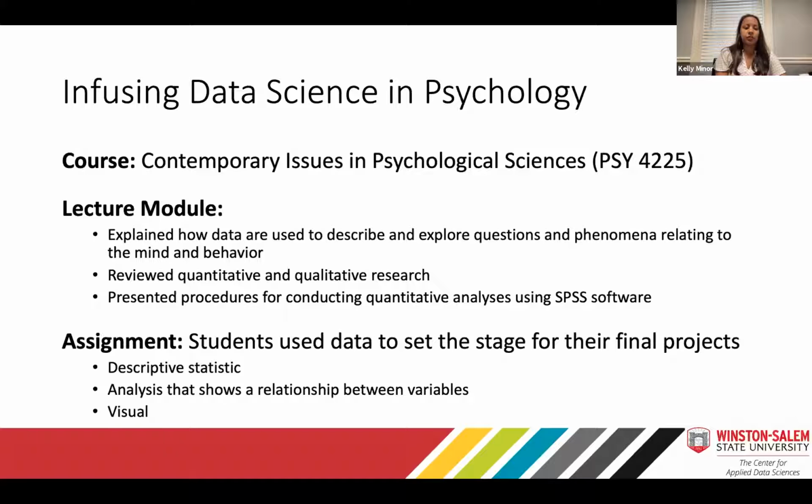So you'll see some of the examples that I pulled in coming up. What they were required to do as a part of this data assignment was to give me some kind of descriptive statistic. So this could be something like minimum, maximum, mean, standard deviation, frequencies and percentages. So a lot of people decided to use their descriptive statistics for describing the sample. So we knew what kind of participants were in these studies.